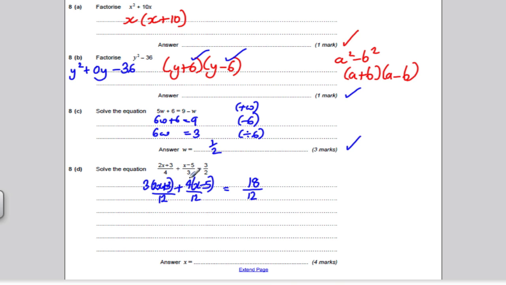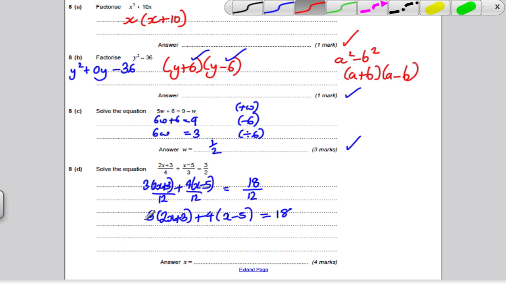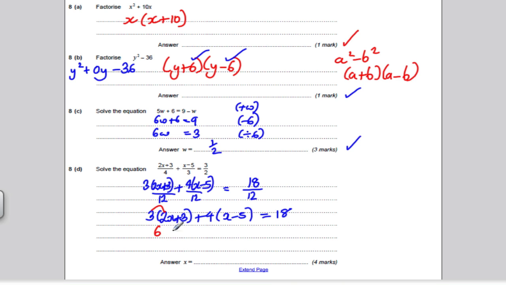Okay, now you're adding the same things. This amounts to 12 plus this amounts to 12 is 18 lots of 12. You can say from that line that therefore the tops must be the same. So 3 times 2x plus 3 plus 4 times x minus 5 must equal 18. Now it's a case of expanding the bracket, simplifying and solving. So I'm going to change my pen colour here, expand that out. I get 6x plus 9 plus 4x minus 20